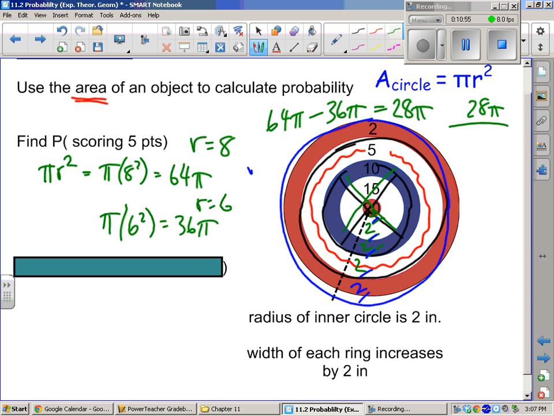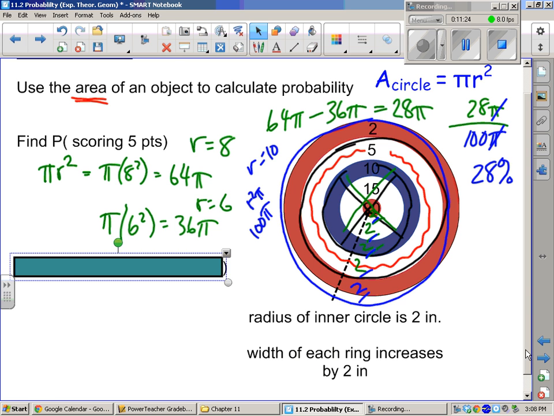So r is 10. Then we have r squared times pi, so 100 pi. That's the outside. And look, I picked 100 again. You are awesome. So here's where the pi's cancel. Oh, okay. And 28 over 100 would be 28%. So that would be if we were blindfolded and we're just checking it. All right, but we're better than that. Right. At darts. All right, let's do another one.